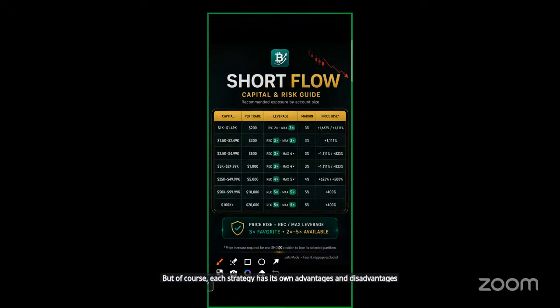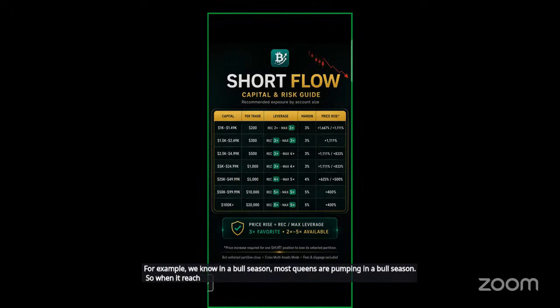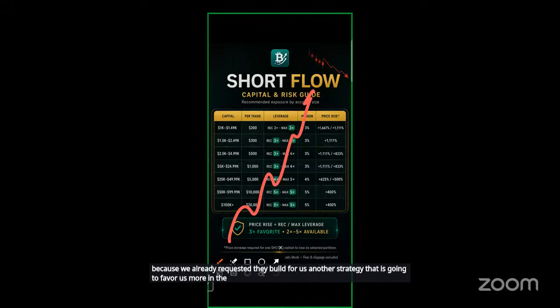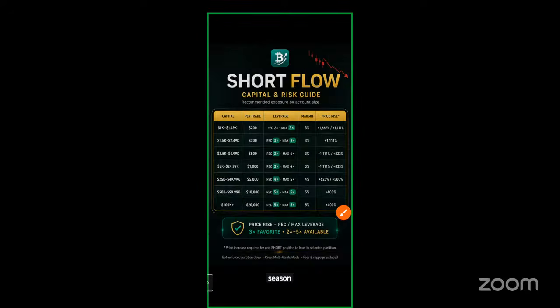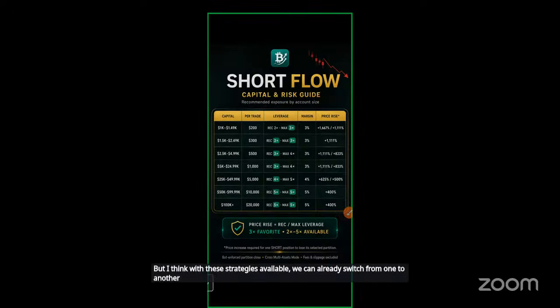For example, in a bull season, most coins are pumping. So when it reaches a bull season, I'm going to request we forget this strategy, because we already requested they build for us another strategy that is going to favor us more in the bull season. With these strategies available, we can already switch from one to another. I was talking to some of the leaders, and what we suggested is we write to them, they develop an automated strategy